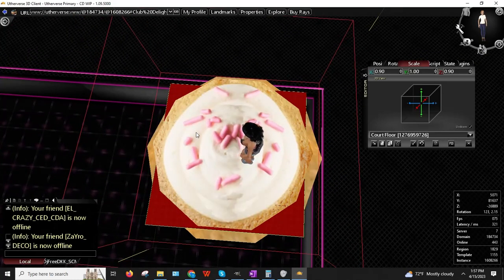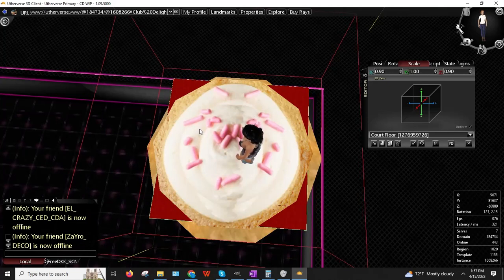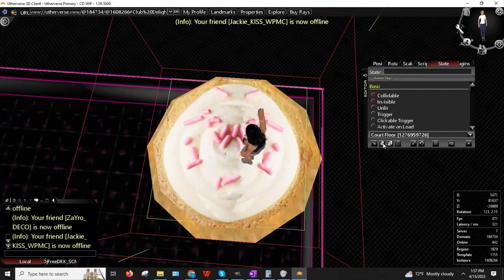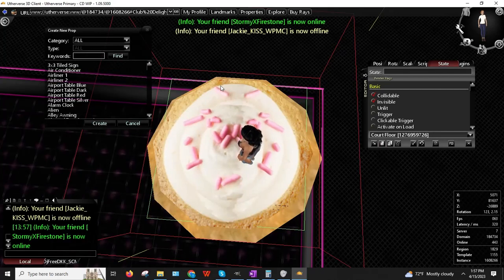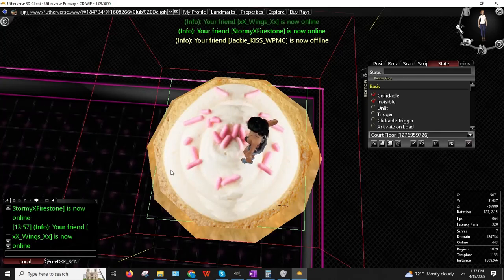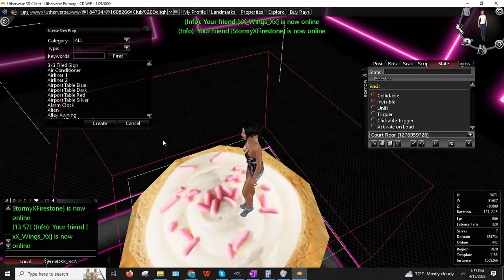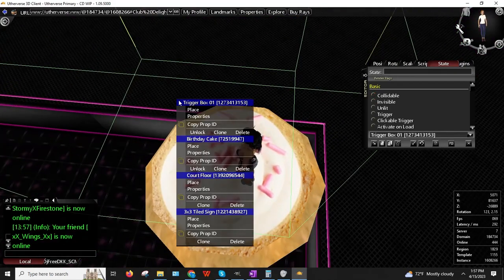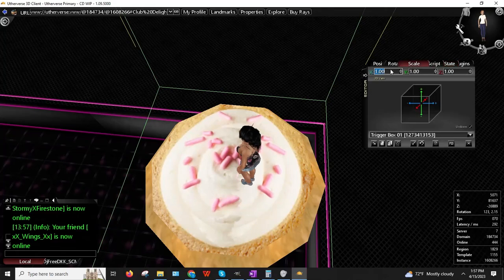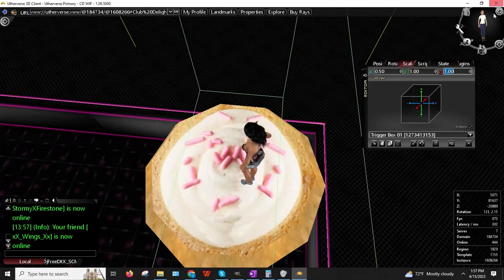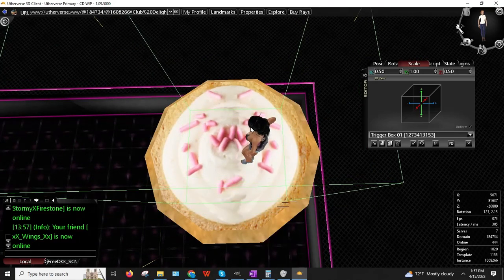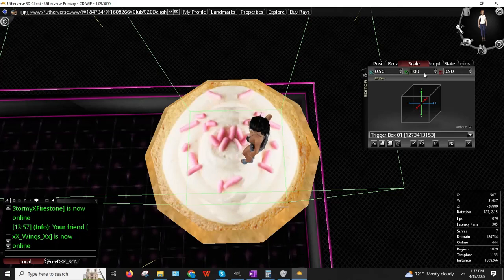Okay. And we're going to make it invisible. And then we're going to do a trigger. Oh wait, I wonder if the dance floor, oh, we don't have a trigger on the dance floor. Let me just put a trigger up here. And we'll make it